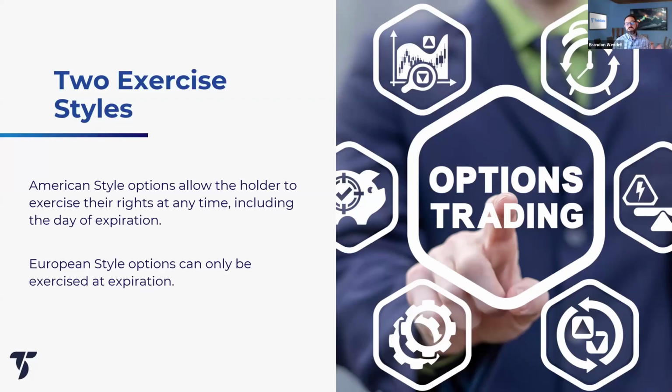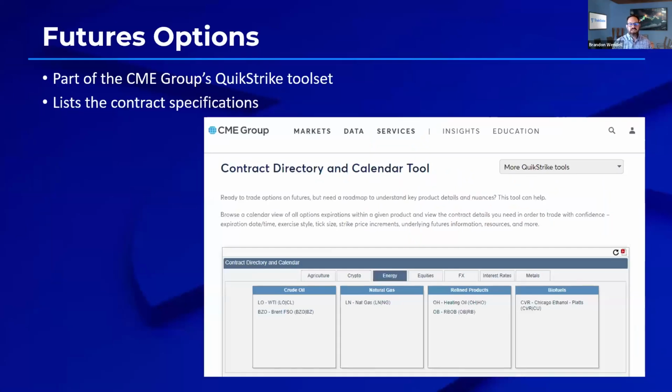I'm not saying they should only trade American or only trade European. Some you don't have a choice. If you want to trade a certain type of security, you've got to take what it is. But others, you might have a choice. It's a personal preference. Now, one of the things that makes it a little bit easier to trade these is